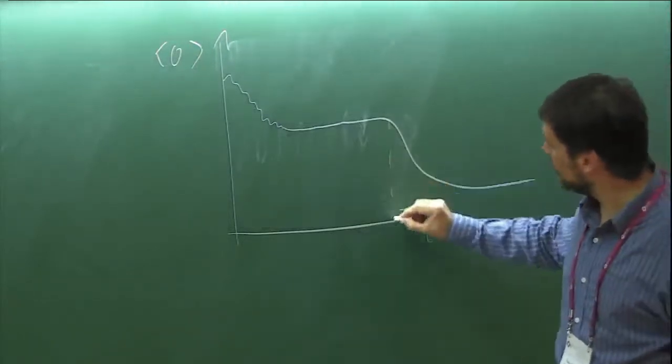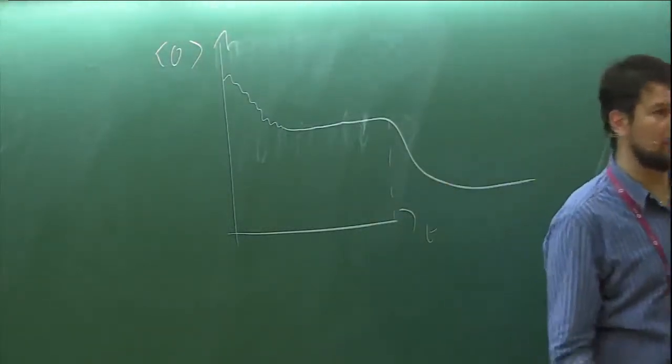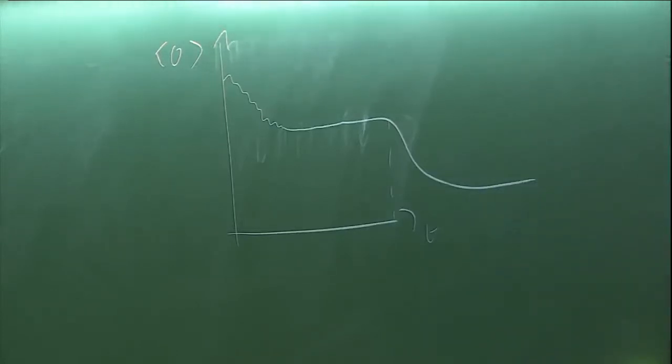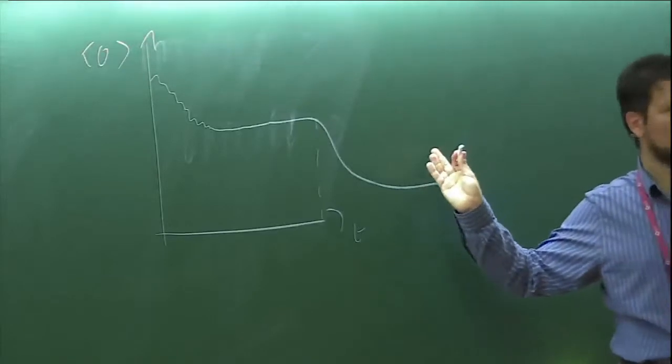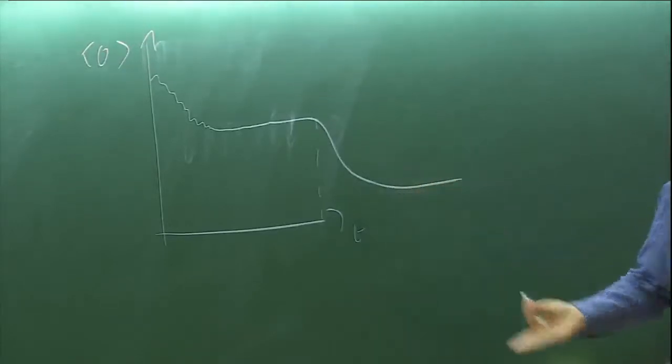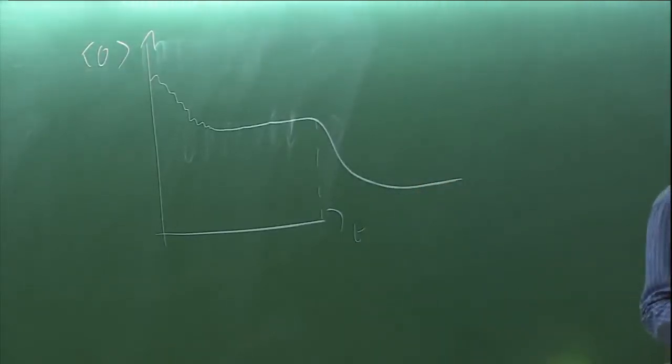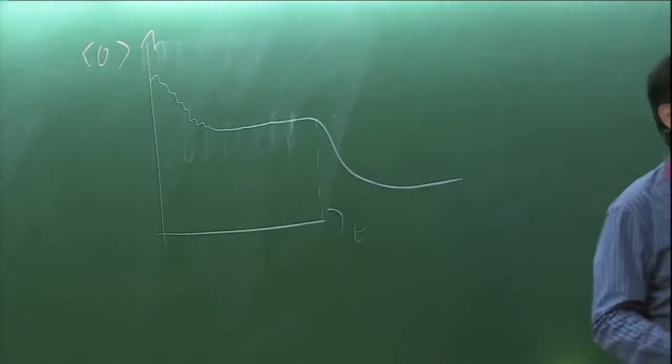And this time scale for systems of certain size can easily be the age of the universe from estimates. So this is really a long time. So understanding what happens here is important from a fundamental point of view, might not be important from a physical